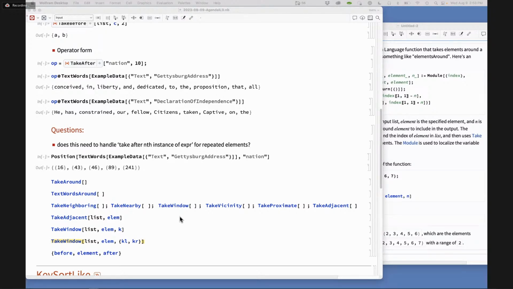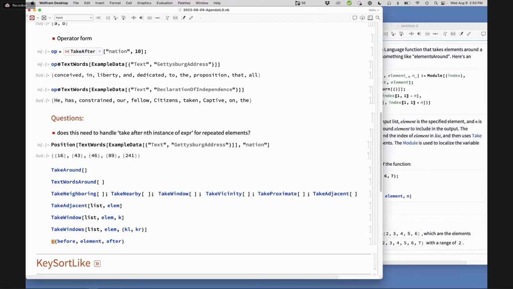Oh boy. I mean, really it's take windows, right? Because it's actually going to have to be a list of lists. Am I making sense? Because there's no guarantee there's a single element like that. Yeah. And if you do only want one, maybe there could be a fourth argument that specifies how many. Yeah, kind of like selecting. But now there's also the question of what happens at the ends. And I think it has to work the same by default. I mean, it's either got to have a padding setup like partition.